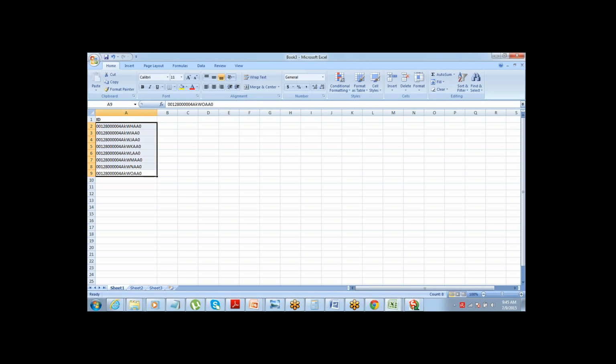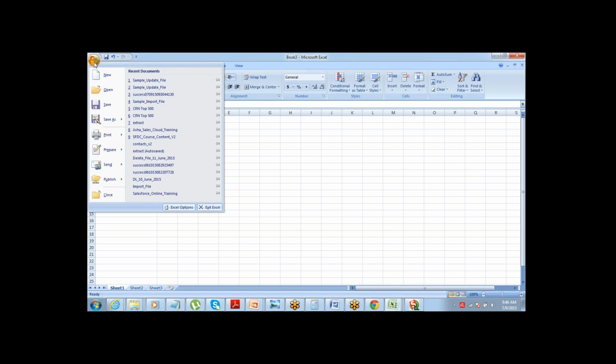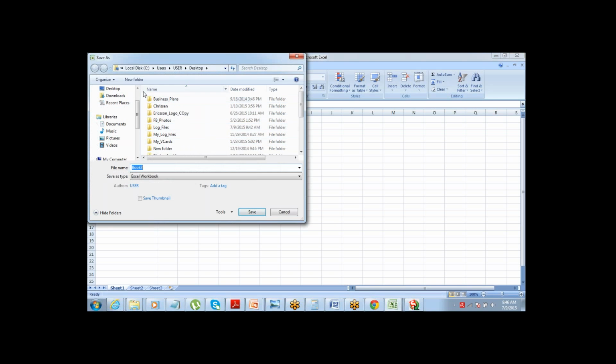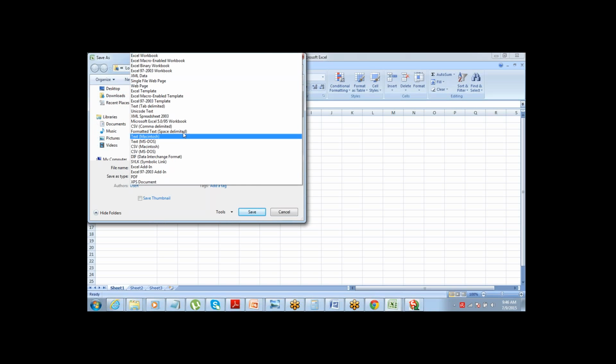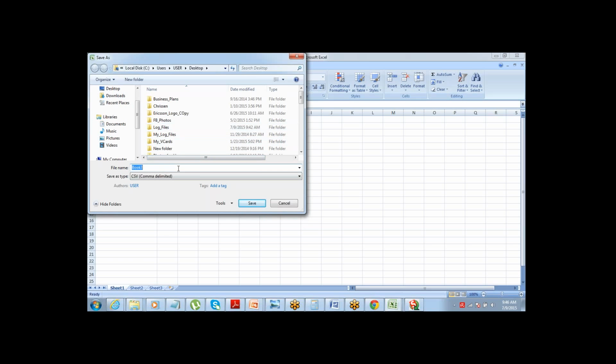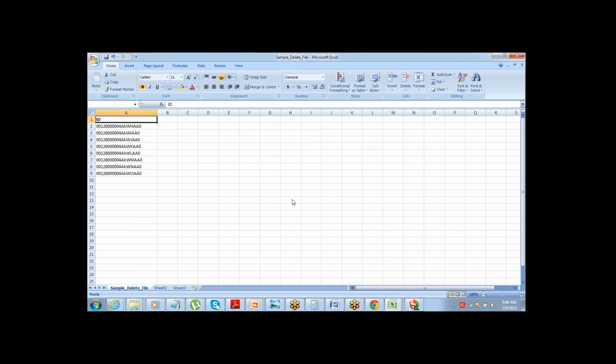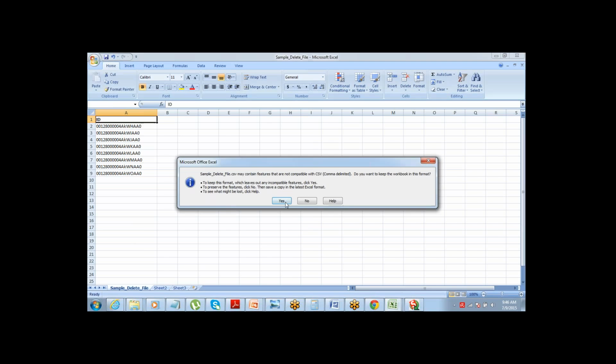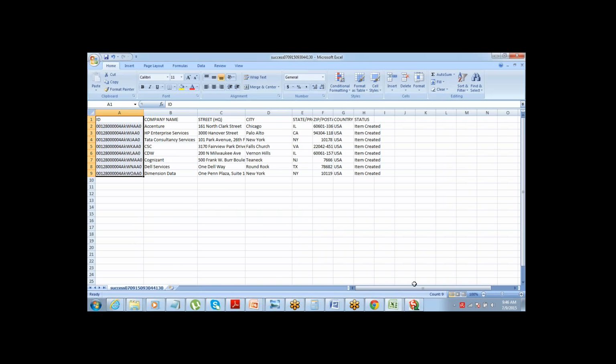Just keep the IDs in this file, because for deleting it just needs to see the ID and delete it, right? So it's not update that I need to give some other value also corresponding to it. That's it. Save the file. Sample delete file. Save it. Done. So the delete file is ready.